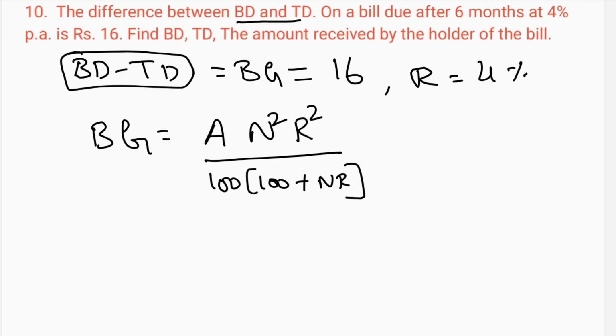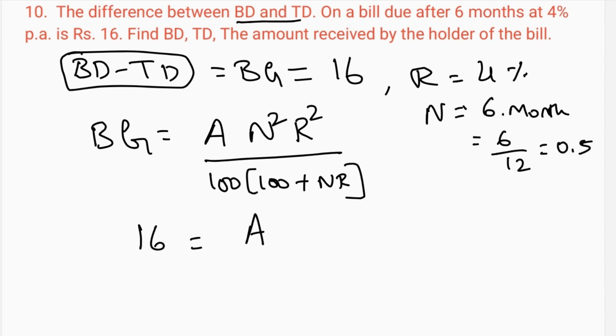So here they have not mentioned it in a direct way. Normally they will give the amount and all, and you have to find banker gain. Here they have given banker gain, and in reverse you have to find the amount received by the holder of the bill. So you know the other formula of banker gain, if you use that one. Banker gain they have given 16, A we don't know, we have to find, N is 6 months. So if you substitute this one,